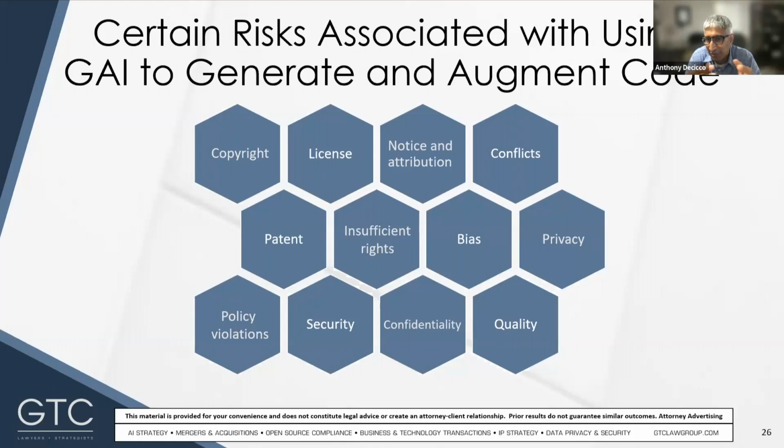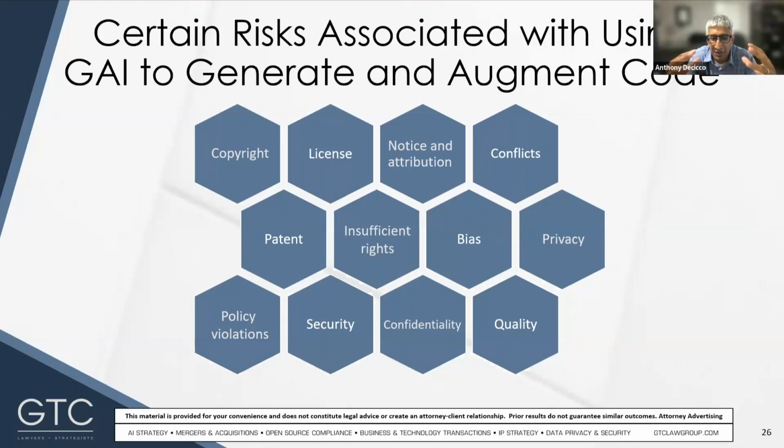And I want to start by saying, this slide lists many possible applicable risks. Not all of them are material in all situations. In fact, I think some of them are pretty remote, depending on how you're using the GAI tool. And as we'll see, there are many ways to mitigate these risks, and the benefits largely outweigh the risks once the mitigations are in place. So the message is, it's not that you cannot use these tools, it's that there are risks, but we can address them if we're smart about it.